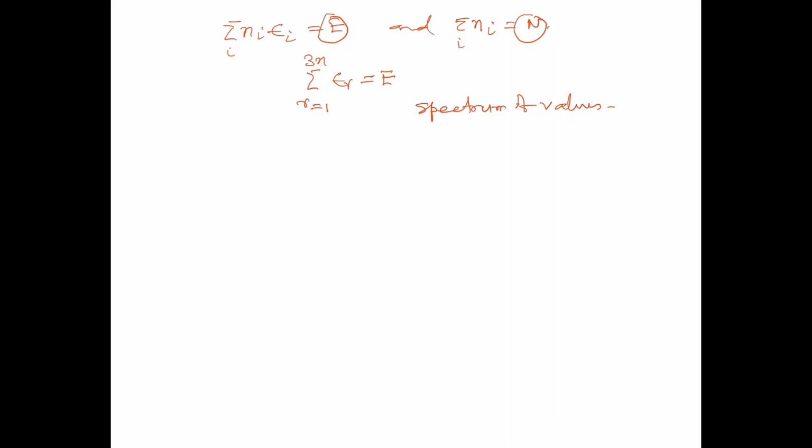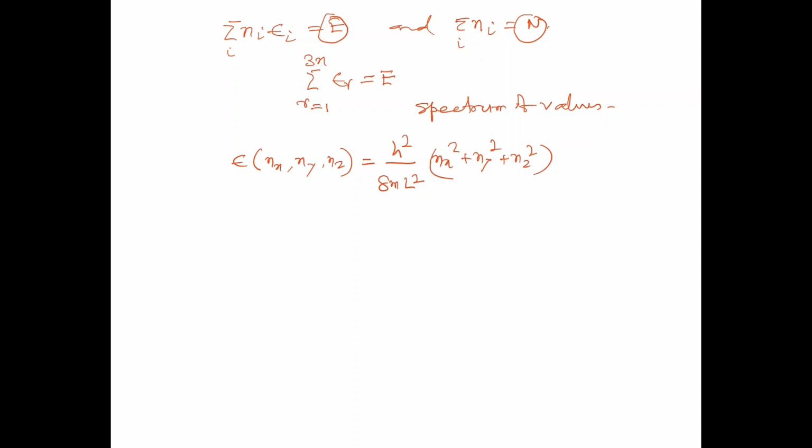We know that the energy eigenvalues for a free non-relativistic particle confined to a cubical box of side length L, under the condition that the wave function psi vanishes everywhere on the boundary, are given by epsilon as a function of nx, ny and nz equal to h square by 8m L square, nx square plus ny square plus nz square,